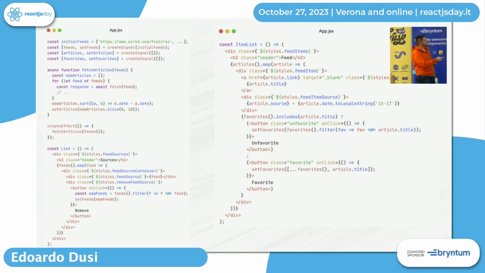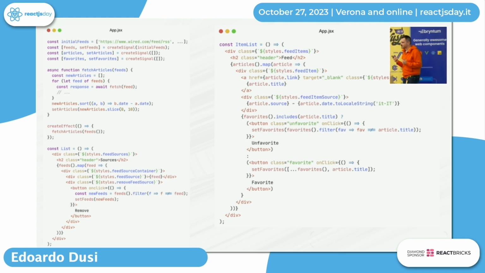And when I want to look inside my glass, my bucket, I have to call the signal with the parentheses. For example, here, articles is another signal, and I'm calling article with the parentheses, so it's like the getter, okay? I'm getting what's inside the article signal.